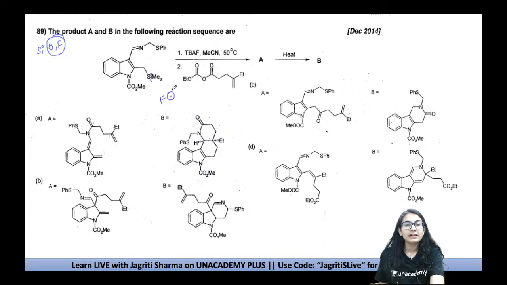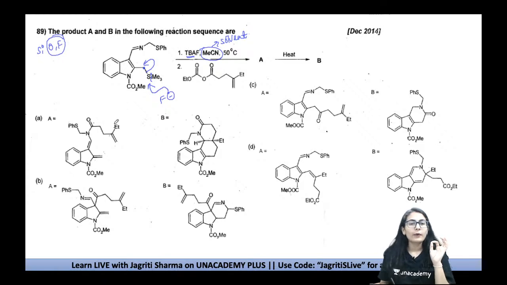Now let's say we have the fluoride anion and acetonitrile. This is our acetonitrile, this is just solvent, okay, and there is going to be elimination like this. The F minus attacks over silicon and the bond is going to open up and fall onto this carbon. Now the selectivity is about where the negative charge is going to stop, because